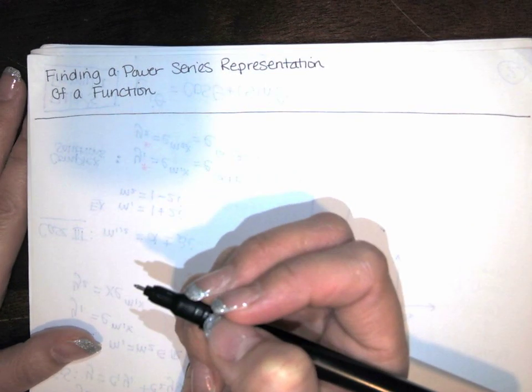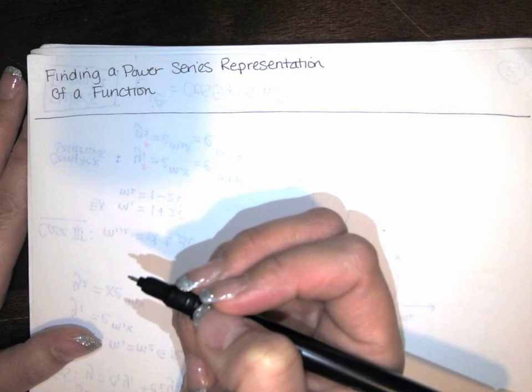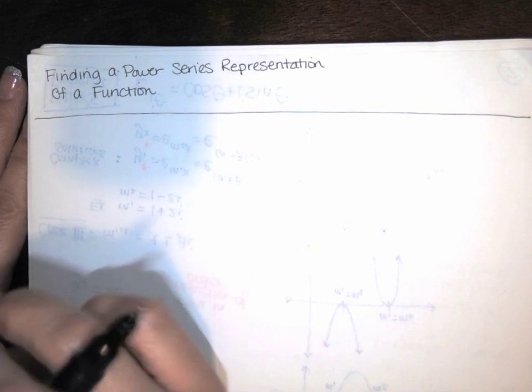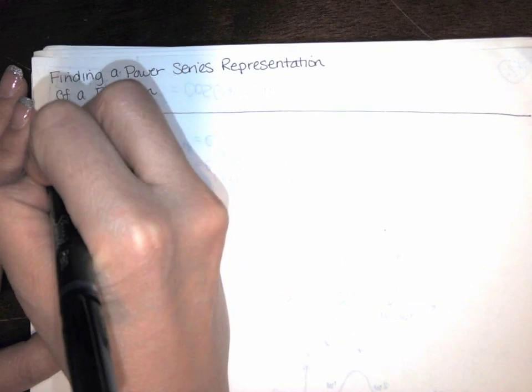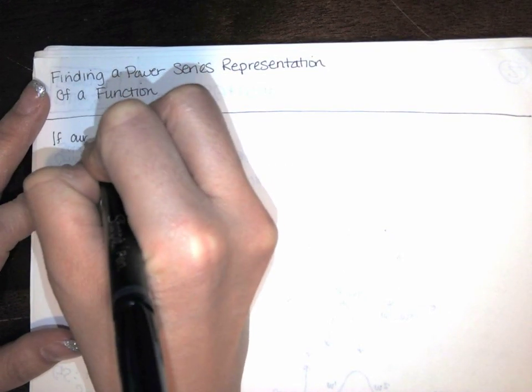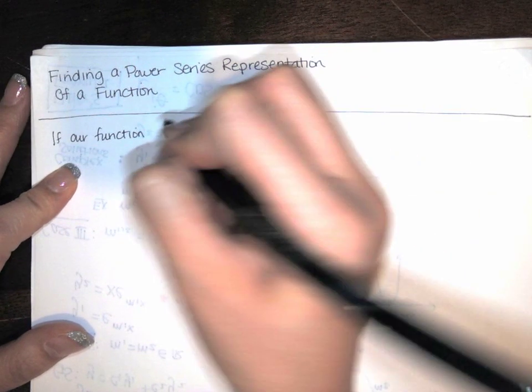Now we're going to learn a method that works for most functions, which is Taylor series. We're going to find Taylor and Maclaurin series for functions later, but initially we're just going to stick to those geometric power series. So if our function looks like the sum of a geometric series,